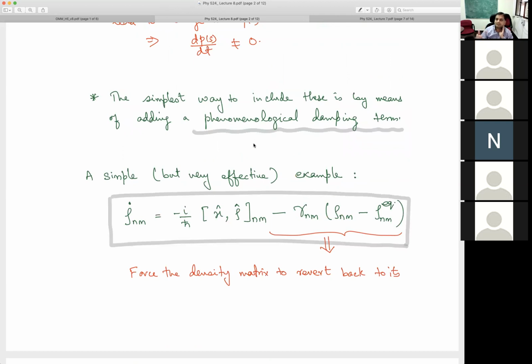I am doing this in a phenomenological way, meaning that, like an axiom, I just introduced this term based on the physical insights that I had. It's almost like Newton wrote the second law of motion just by observing some things, and intuitively he just wrote down this equation, and that equation stood the test of time. So I've just added this damping term by hand, and I am saying that it will physically describe a lot of systems.